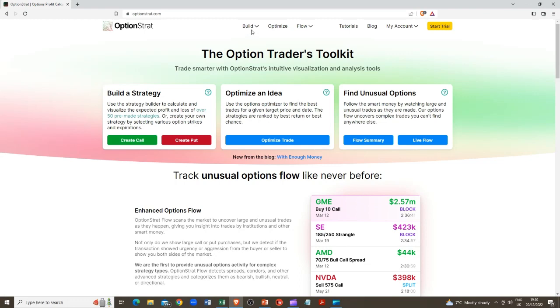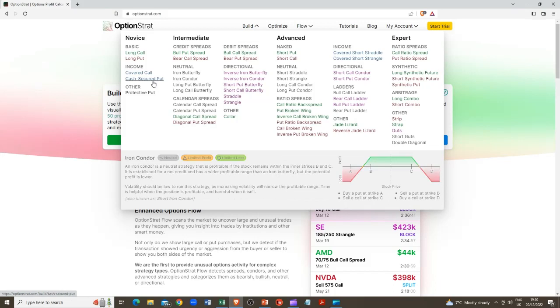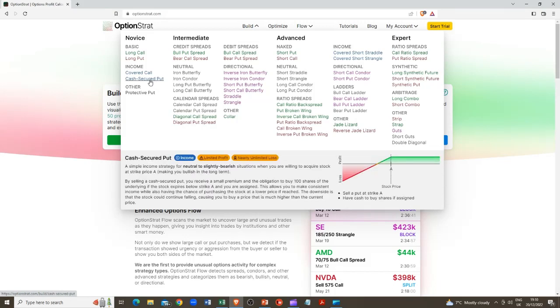Right, let's visualize how this would look on OptionStrat. And this is the beauty of this tool. So you go to optionstrat.com, you click on the build drop down, and you select the cash secured put. And if you see there, it says that the cash secured put is an income generating options trading strategy. If you click on it